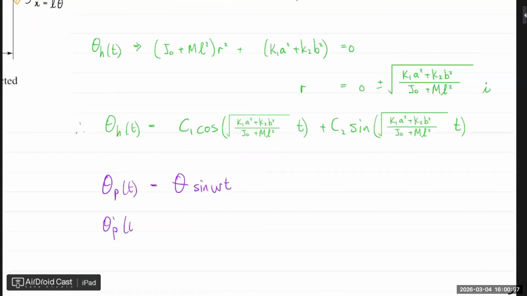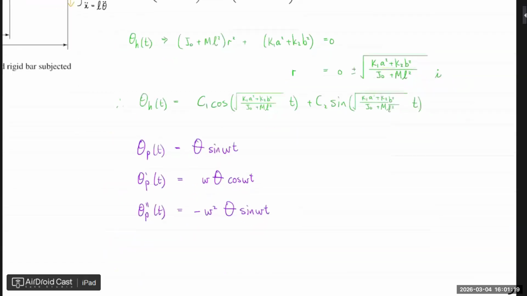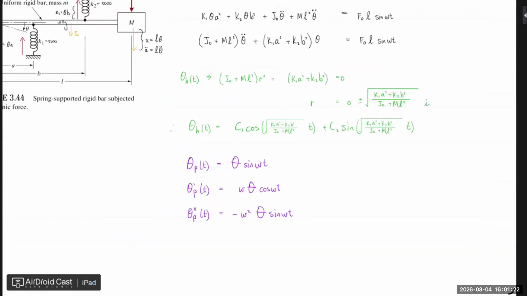So get the first derivative. I have cos omega t and omega. Get the second derivative. And I have negative omega squared sin omega t. Sin's derivative is positive cos. It's just that the previous stuff was cos derivative is negative sin. So this one here then becomes,